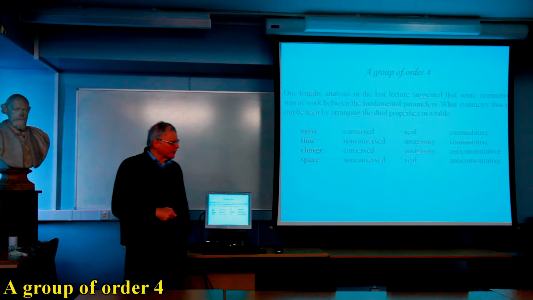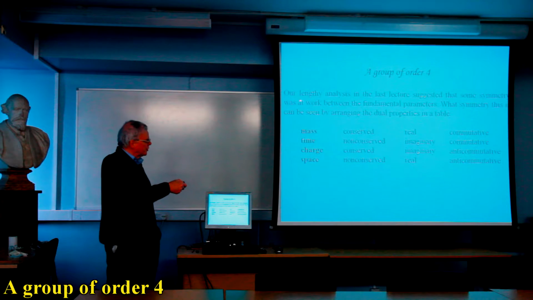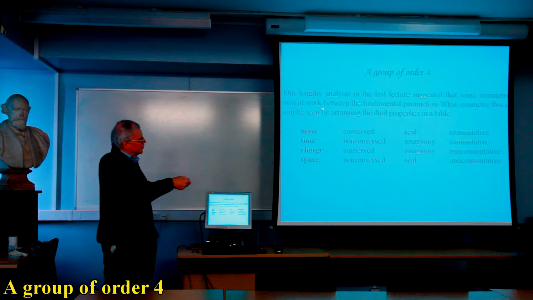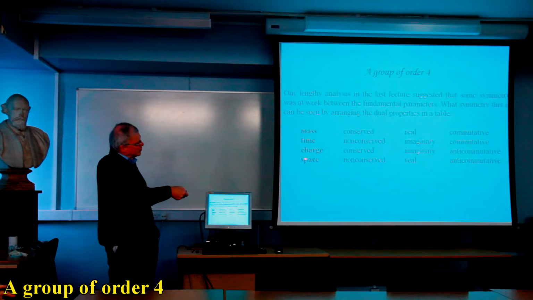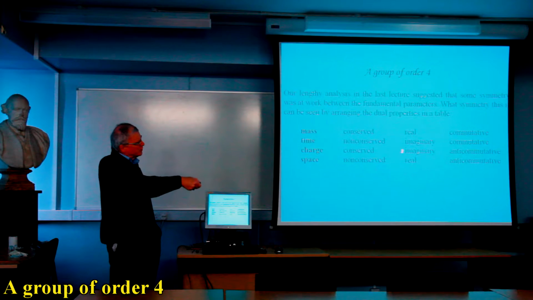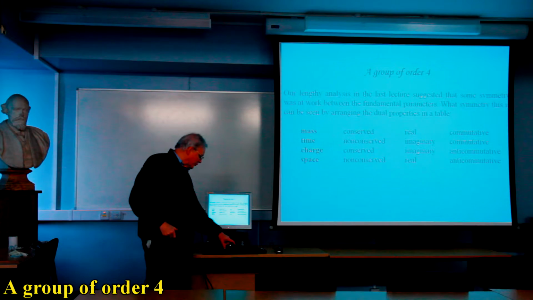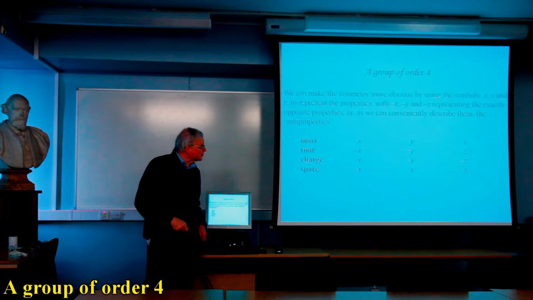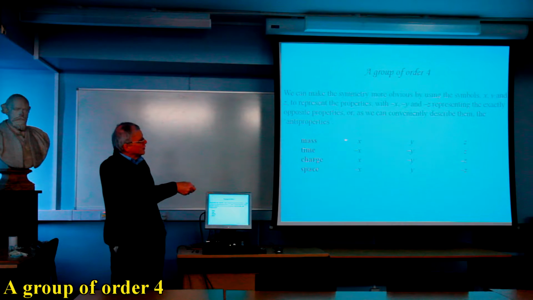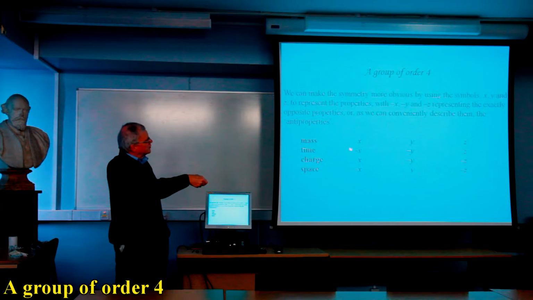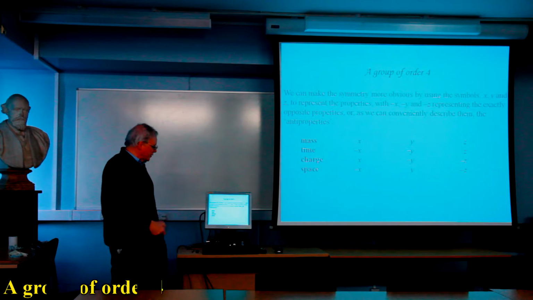Okay, now we come to the very important crux of all this work. Some symmetry seems to be at work between the fundamental parameters. What is it? Well, the best way to find out is to arrange the properties in a table. And we can see that it has the structure we presented in lecture 2. If I replace the properties and anti-properties by algebraic symbols of this kind, we can see that we've seen that before. We said that if we had properties arranged like that, we could represent a group structure